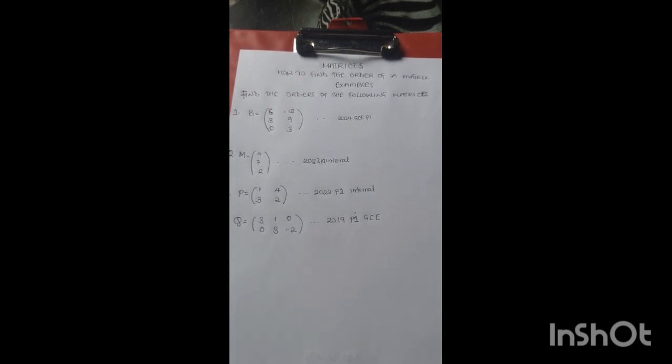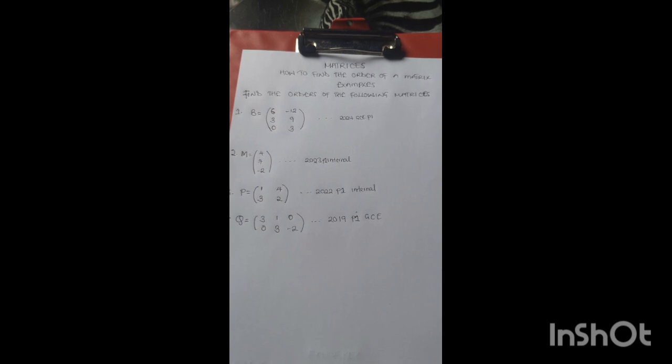Which is matrices. Okay, so what is a matrix? Let's just define what a matrix is. A matrix is simply a rectangular arrangement of numbers in rows and columns. They won't ask for the definition, but just know it. It is an arrangement of numbers in rows and columns. This definition will help us navigate today's component, which is how to find the